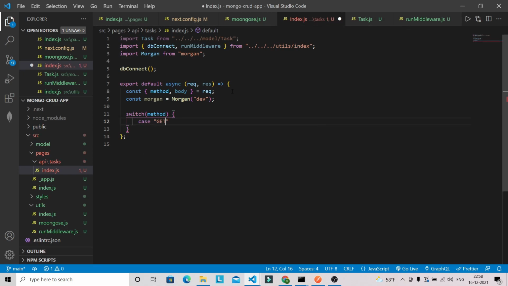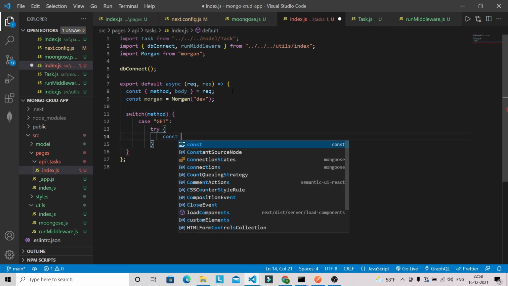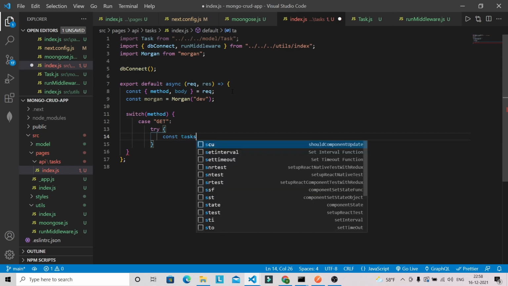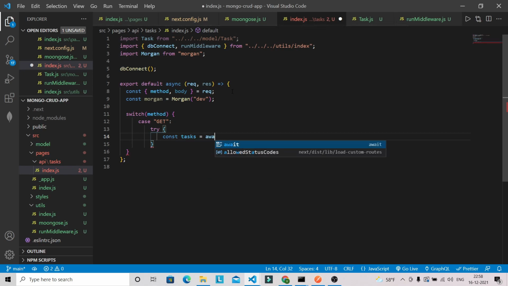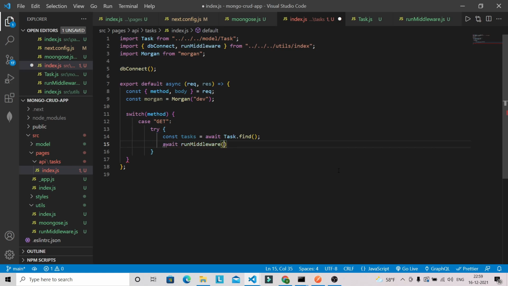So if we have the get method, then try: const task is equal to await. We have this model which we brought from our model folder, task.find. This is the Mongo query we are running here, and after that we can await and run this middleware.